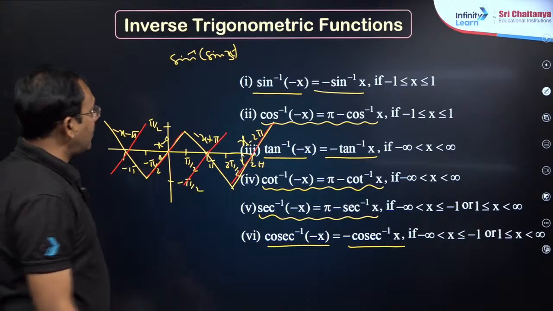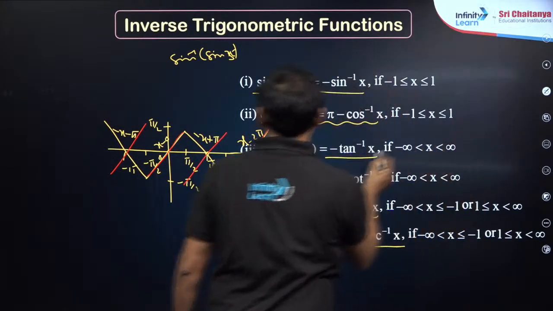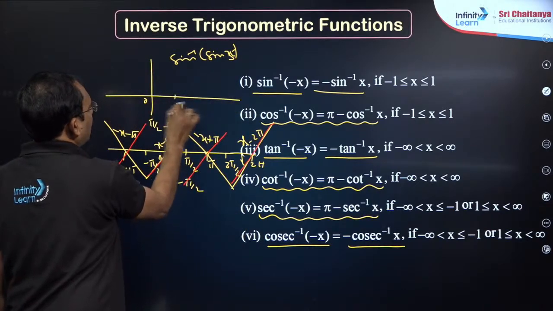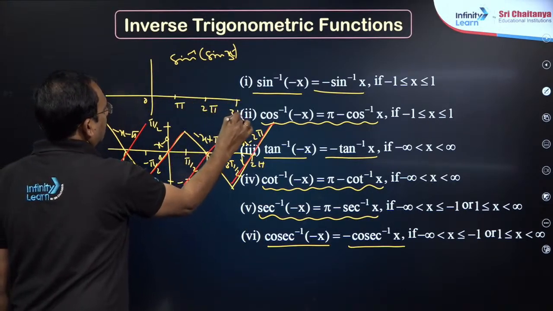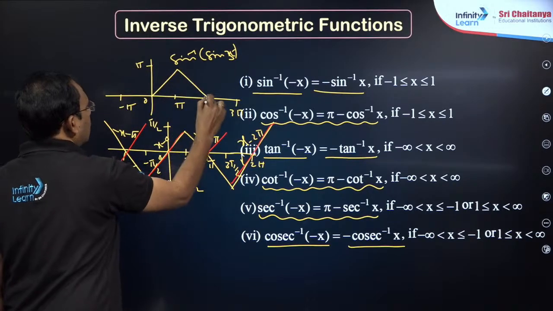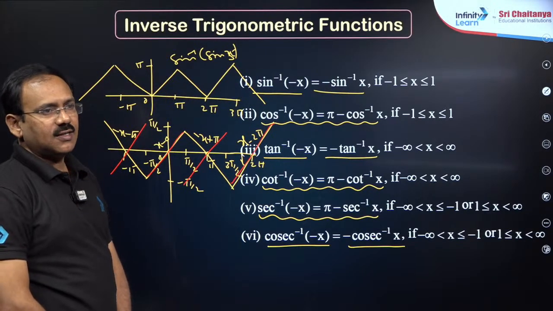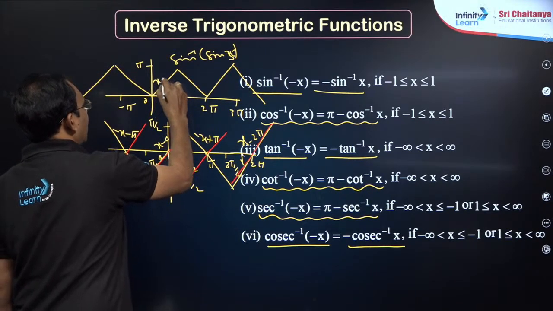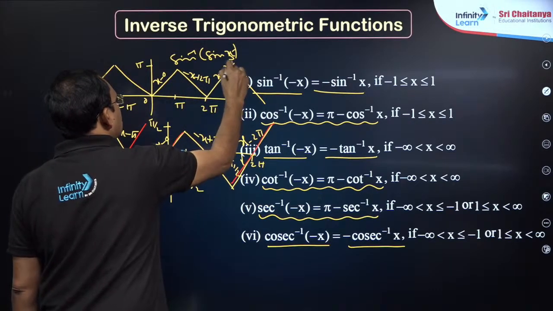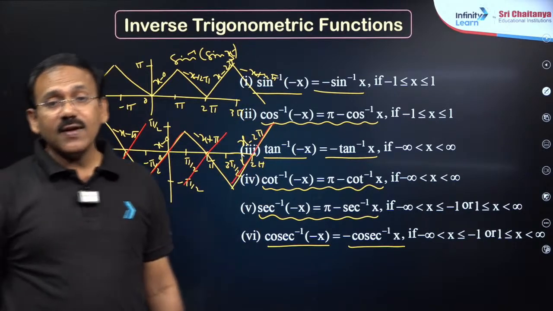And if you want the cos inverse of cos x graph, dear students, you can draw it here like this. Just plot 0, pi, 2 pi, 3 pi, like minus pi, here pi, 0 to pi, pi to 2 pi, 2 pi to 3 pi, like this, my dear friends, you are going to get. So this is nothing but x minus 0, minus x plus 2 pi, x minus 2 pi, minus x plus 4 pi, like this you will get. So these are very, very important.